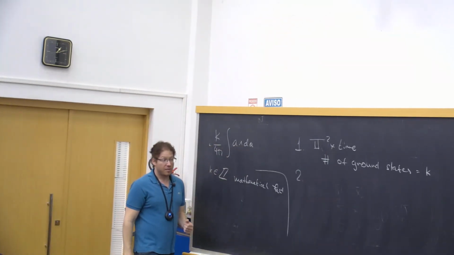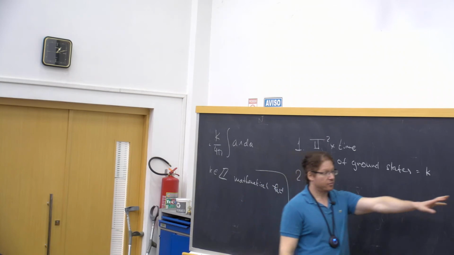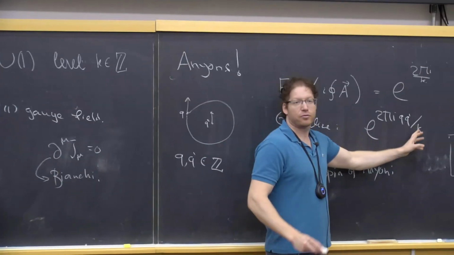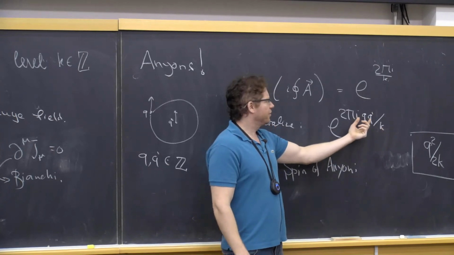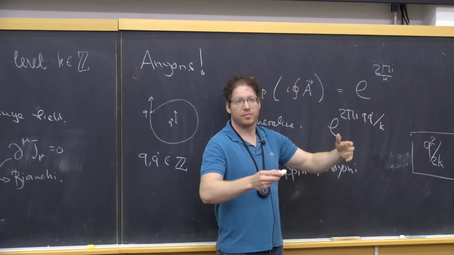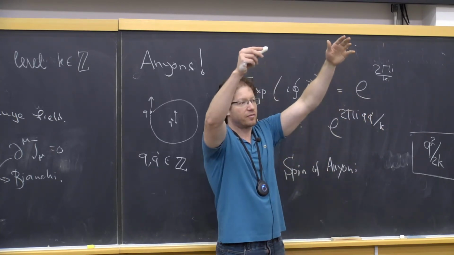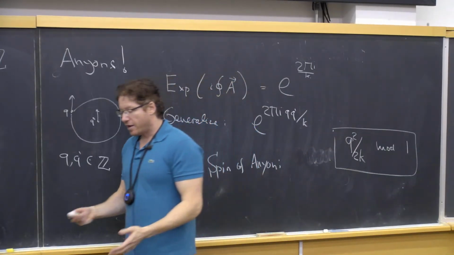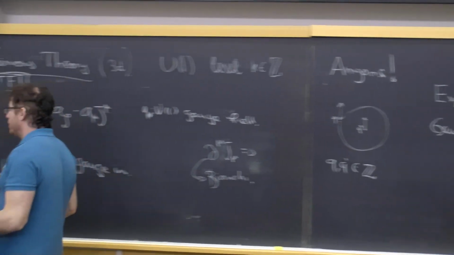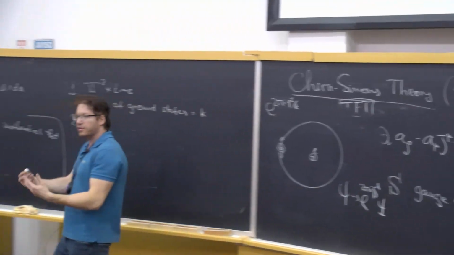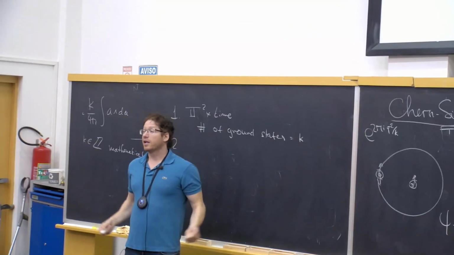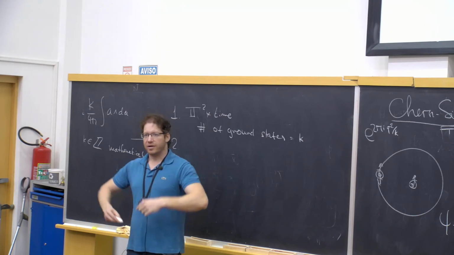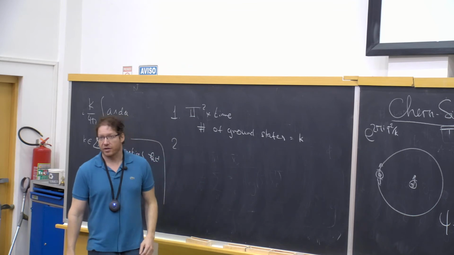Another way to see that k must be an integer, which is through these anyons, is that if k was, let's say, square root of 2, you will see that this is kind of horrible because essentially there will be an infinite number of anyons and an infinite number of spins. So if k is an integer, what you get is a finite number of anyons and a finite algebra of anyons. And this is much more physically desirable than to have an infinite representation.